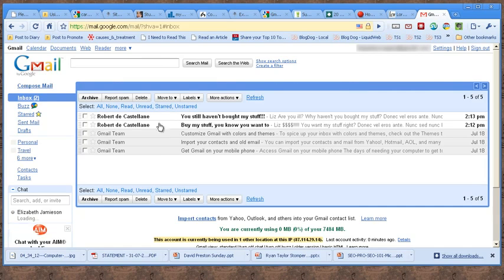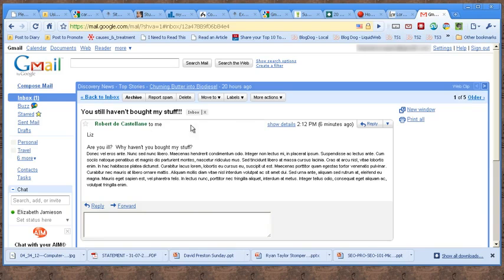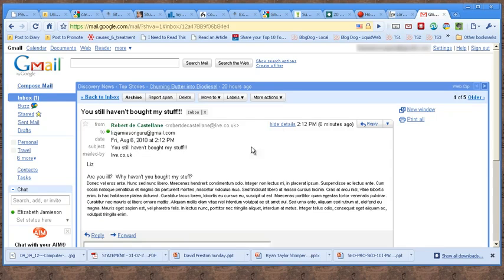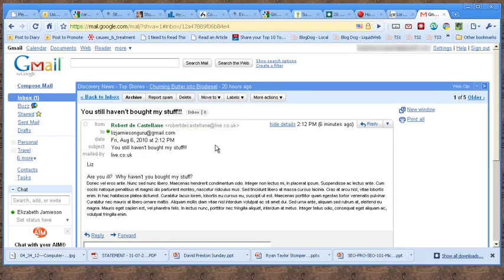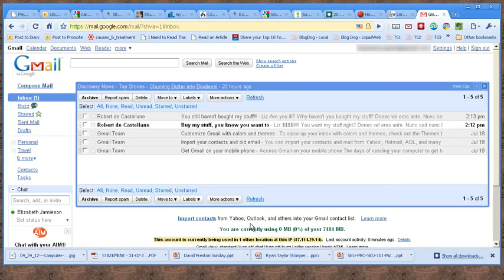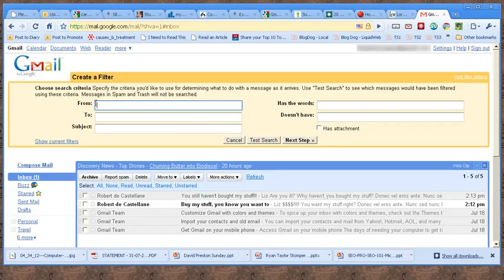I'd click on one of his email messages, and then onto Show Details, so that I had a really good idea of what his email address was. It will appear in full next to his name, and then I'll just copy that by right-clicking and copying. Then I go back to my inbox and I create a filter by clicking on the Create a Filter link. Then I paste his email address into the From field and do a test search by clicking the Test Search